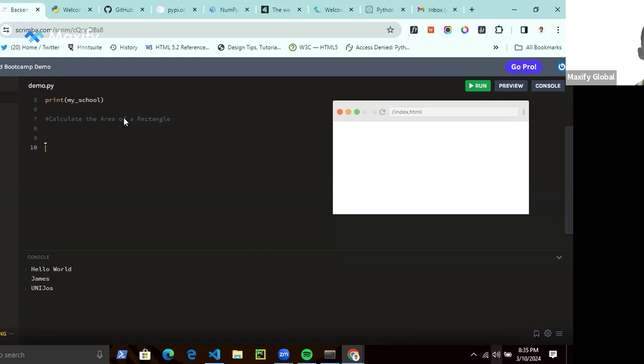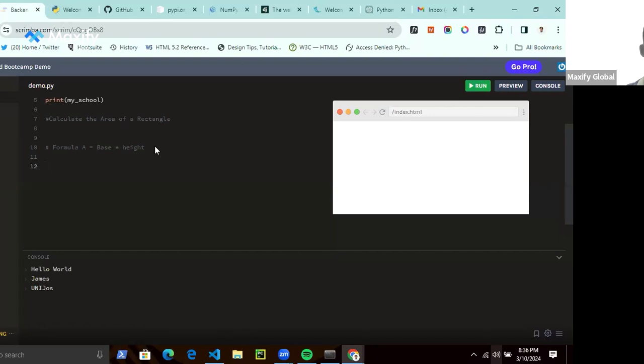Now, the formula for that is the area is base times height.